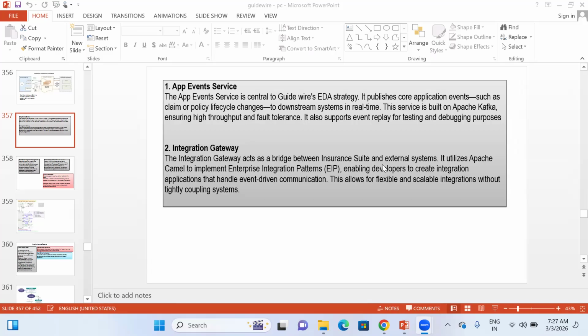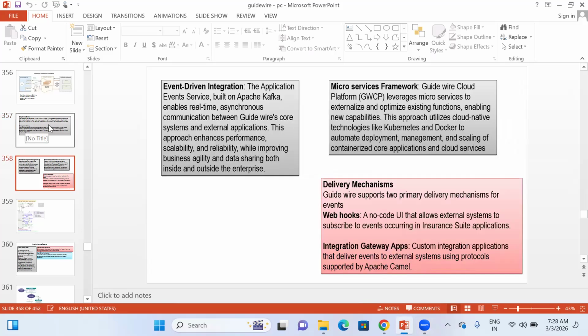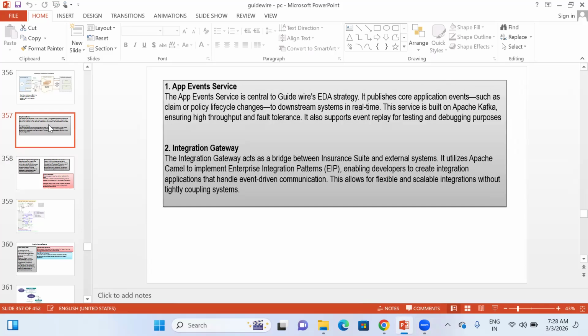Right. So, as far as our Guidewire architecture learning is concerned, we are going to discuss a few elements, something like app event services, event-driven integration, microservices framework, all that. Because being in a Guidewire architect role, when we are working on it,